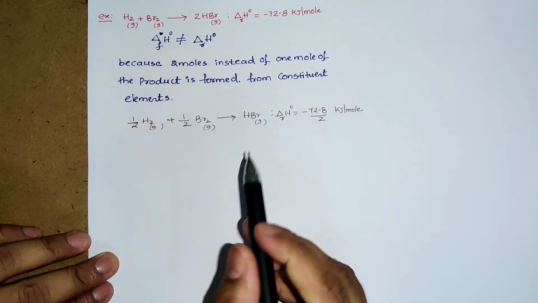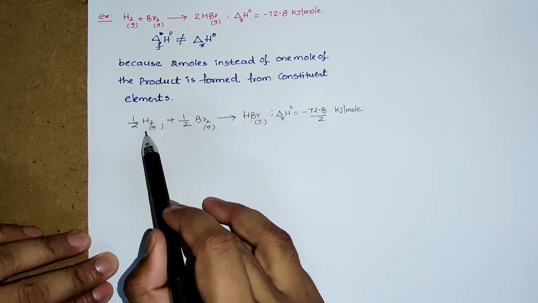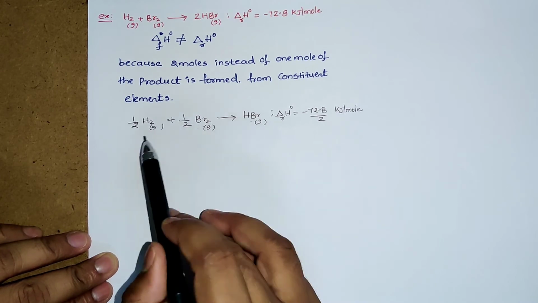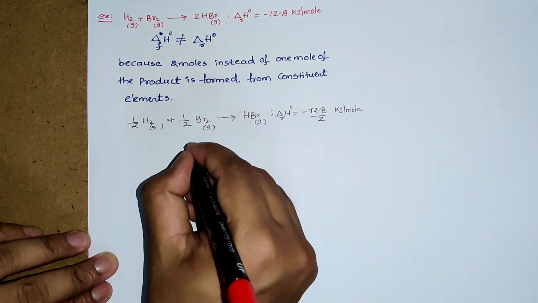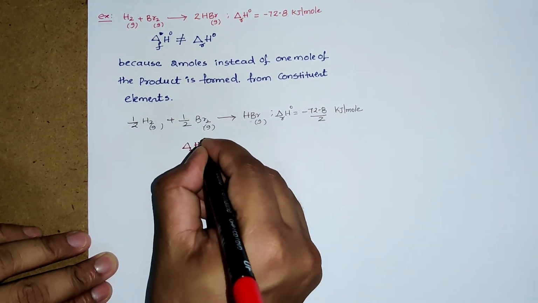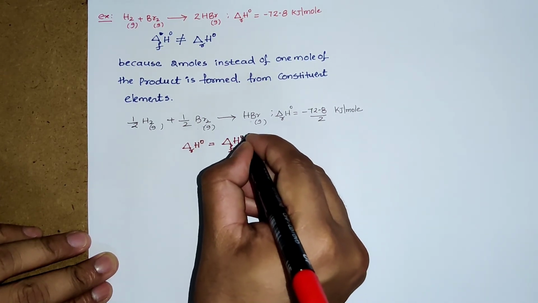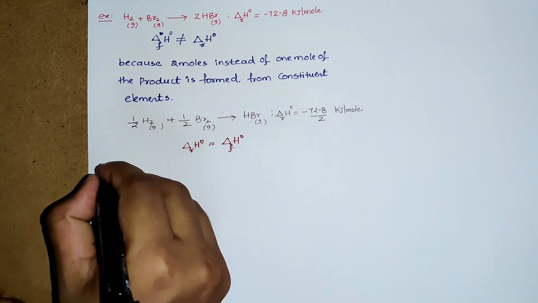So now here 1 mole of a substance is formed, and this 1 mole of a substance is formed from its most stable elements. That's why here the standard enthalpy of reaction, delta rH naught, is equal to the standard enthalpy of formation. So we need to remember the point: always 1 mole of substance has to be formed. One more important note, which is also useful in the calculation part,